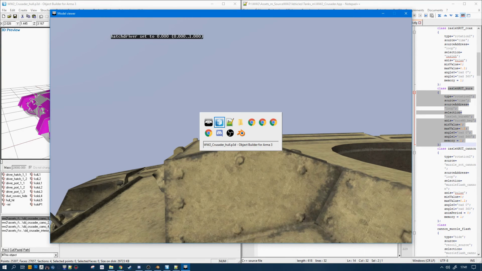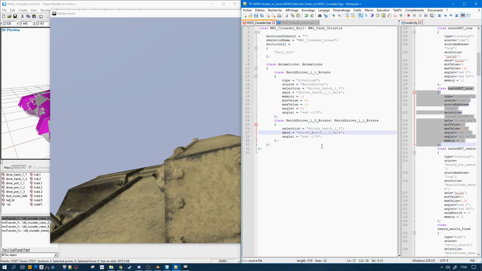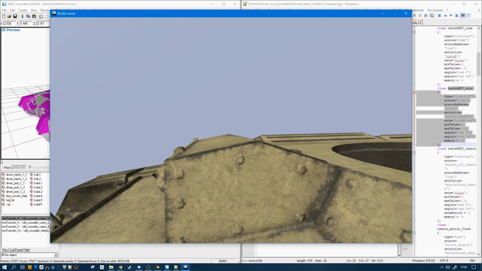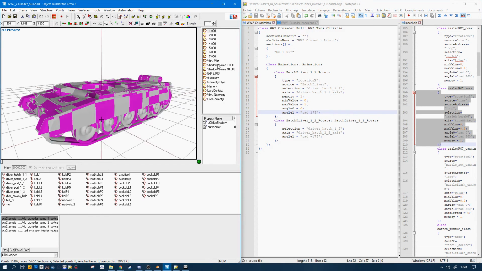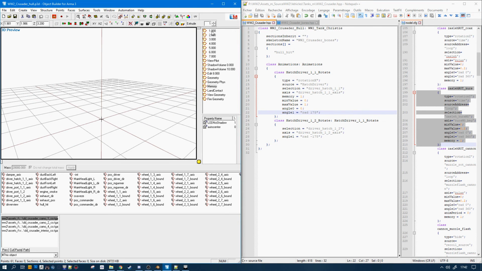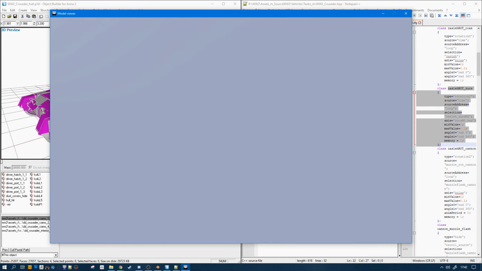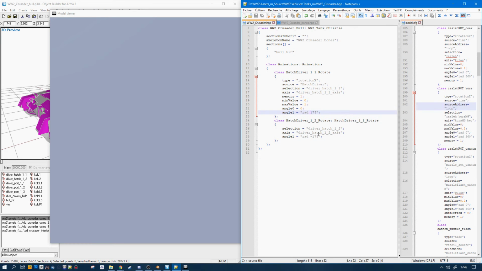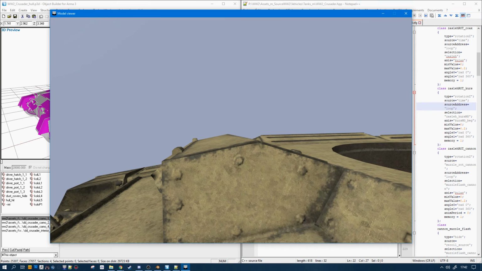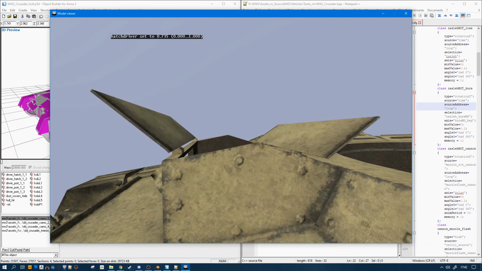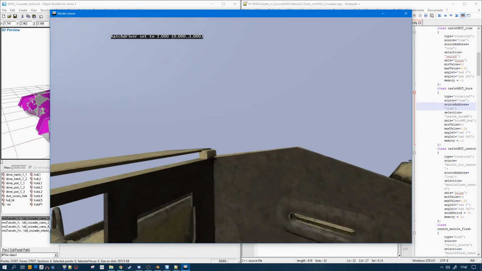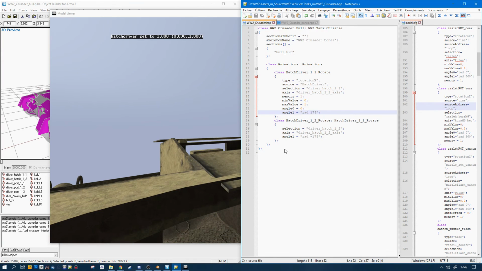It's a bit specific, but here you see that the rotation goes the wrong way, and it's absolutely normal because once in game, for some reason, the angles are reversed. Don't ask any question, it's just Arma, you know. So when you do the hatches, you just do them in Bulldozer with the proper angles, and before you compile the file, you reverse the values there. So let's see, this should be a bit less, and this should be more like 270.